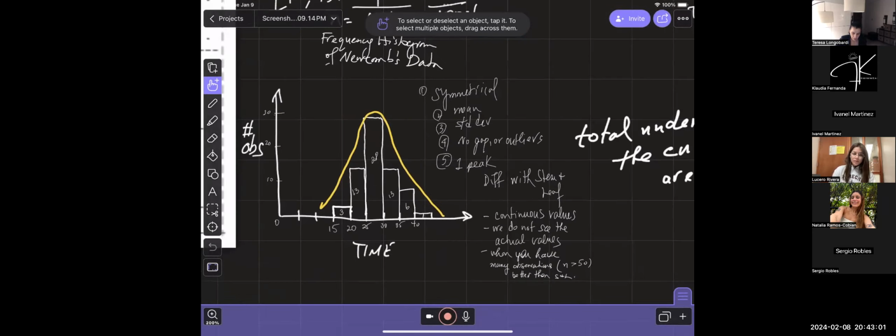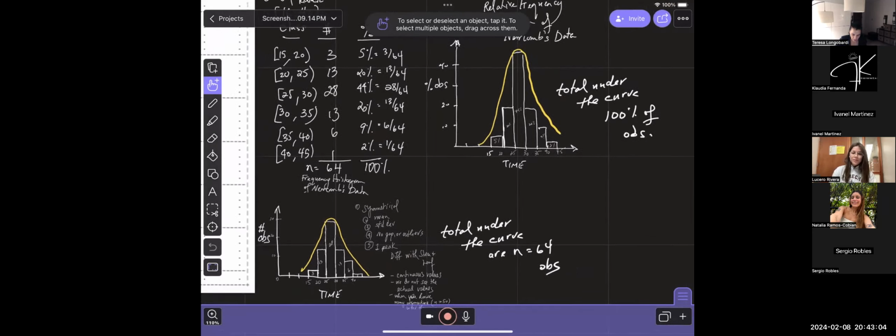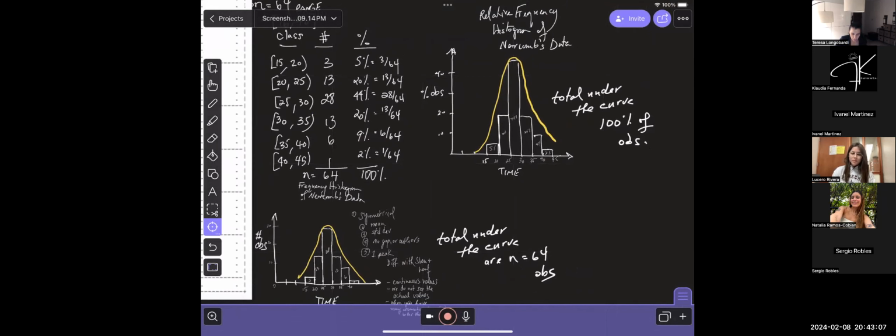Okay. So the reason I'm teaching you about histograms, relative frequency histograms, is because in the normal unit we're going to start to focus on symmetric distributions. And we're going to talk more specifically about normal distributions and then standard normal distributions. Those are 3 different things. Symmetric, normal is a subset of symmetric, and then a special kind of normal distribution is the standard normal. That's what we're going to spend next class doing.